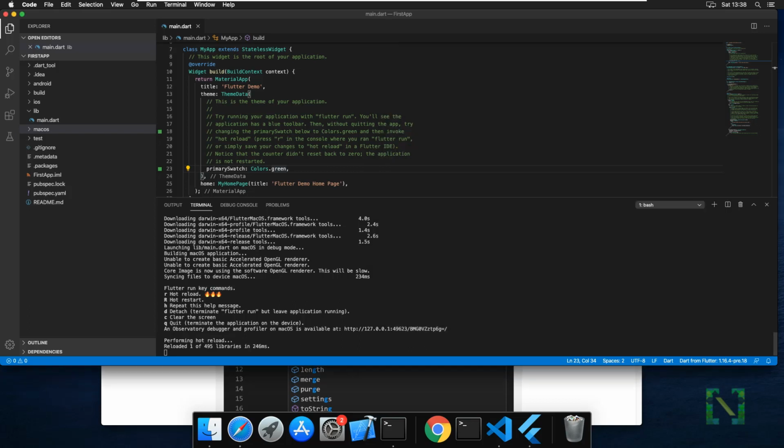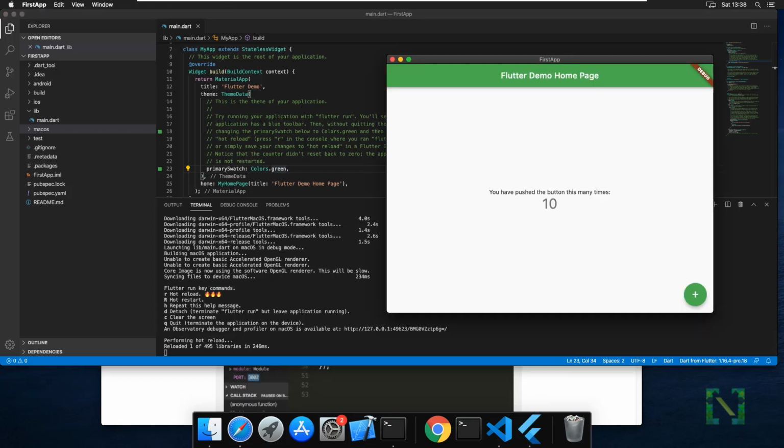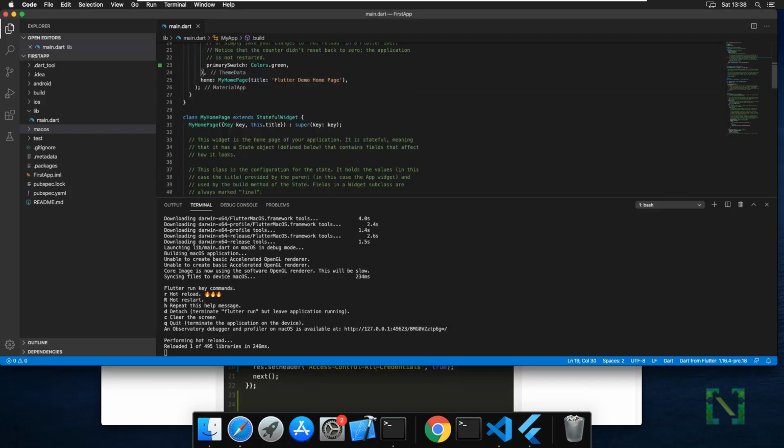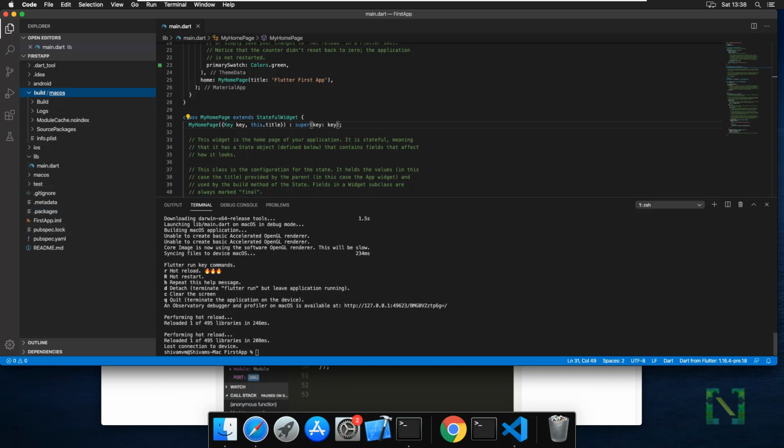For starting, you can make a news app which uses a REST API to show news in the application. Then you can make a Mac application and share it with your friends. The app currently launched is in development mode, that is the debug version. To share the app with other users, we have to make a release version of it. So to make a production level application from the project, you have to run the command flutter build macos.